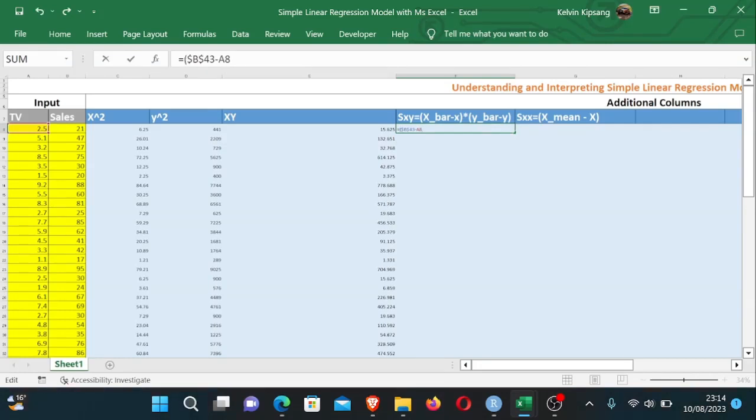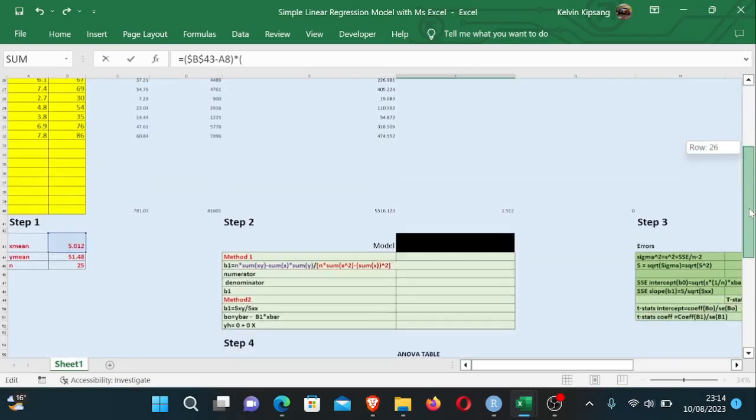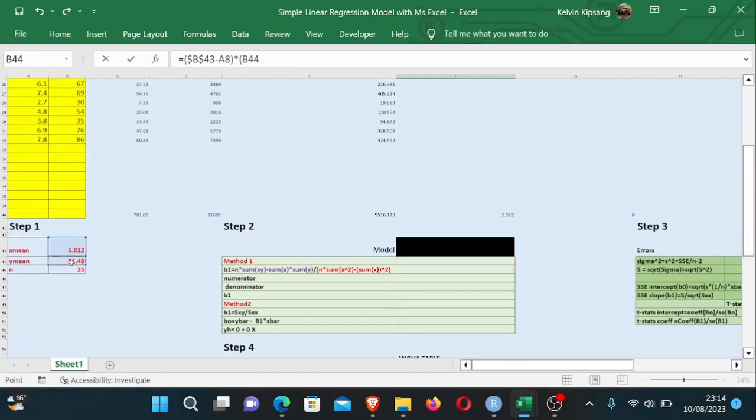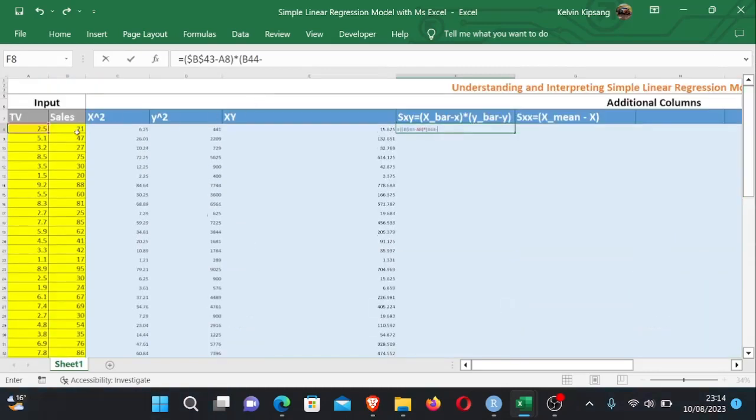Mean of independent variable times mean of dependent variable. In this case is this one. We are subtracting the dependent variable observations, just like we did to the mean of independent variable. We are also locking this mean of dependent variable. That way, if I hit enter, then I drag down to fill